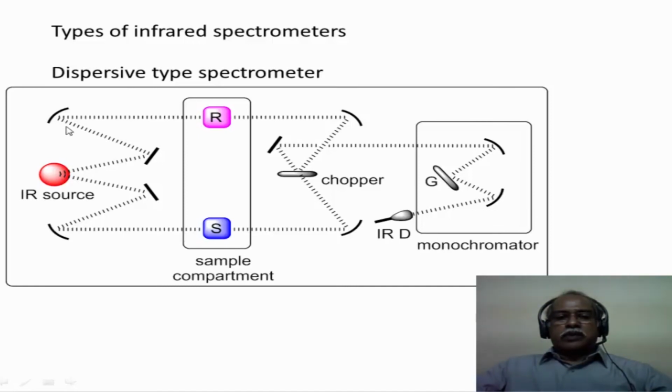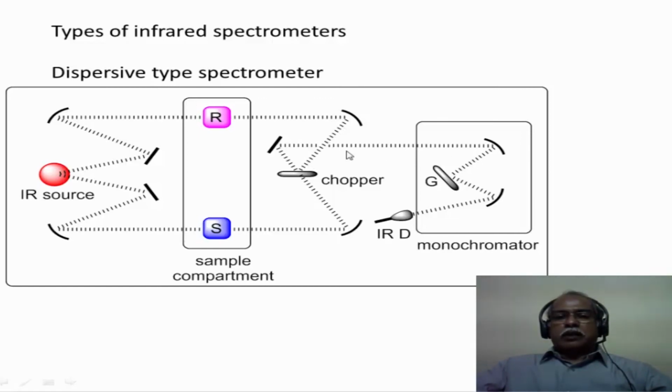So you have two beams which can be reflected, one to the sample, the other to the reference. Suppose the sample is dissolved in chloroform as a solvent, the reference will be chloroform, or if the sample is made in the form of a Nujol mull, the reference can simply be a Nujol mull. We will see all the sample preparation in a minute, but let us assume that there are two beams coming from the infrared source, one passing through the reference compartment, the other passing through the sample compartment. The sample is kept here and the blank solvent is kept here, for example, and both these beams, after passing through the sample, go through a mirror and then through a chopper. The chopper essentially alternates the beam that is falling onto the grating.